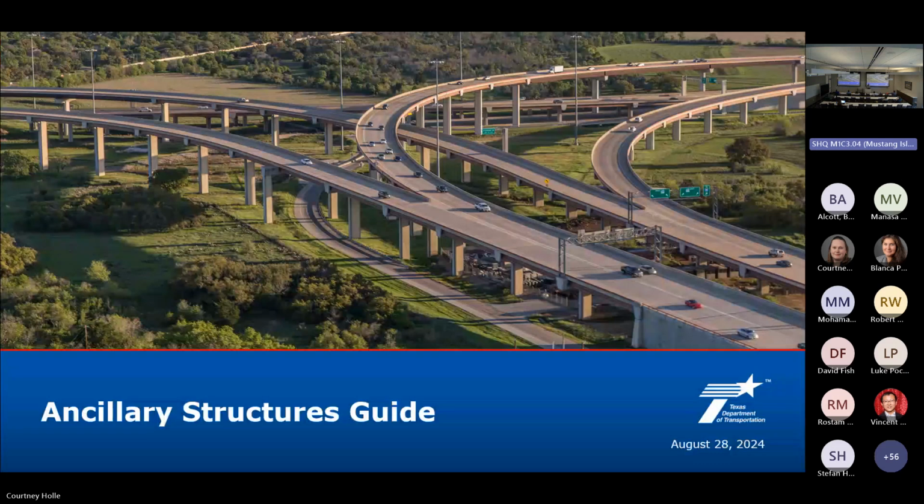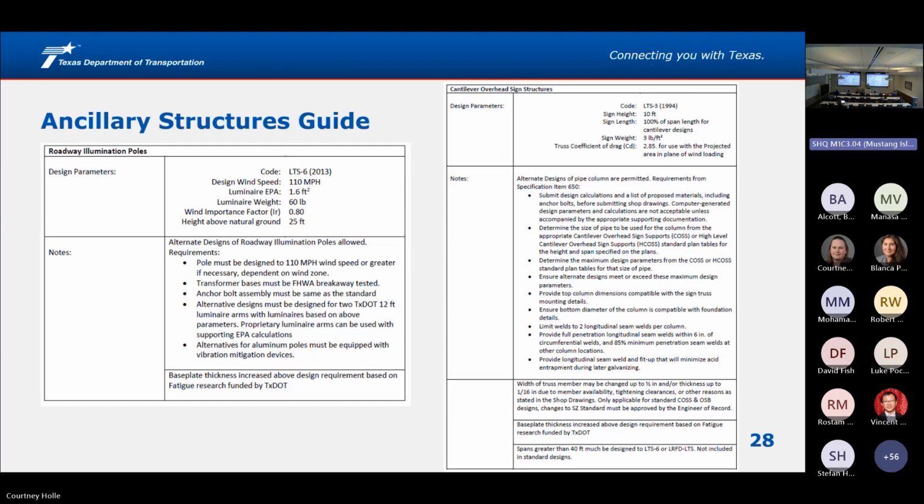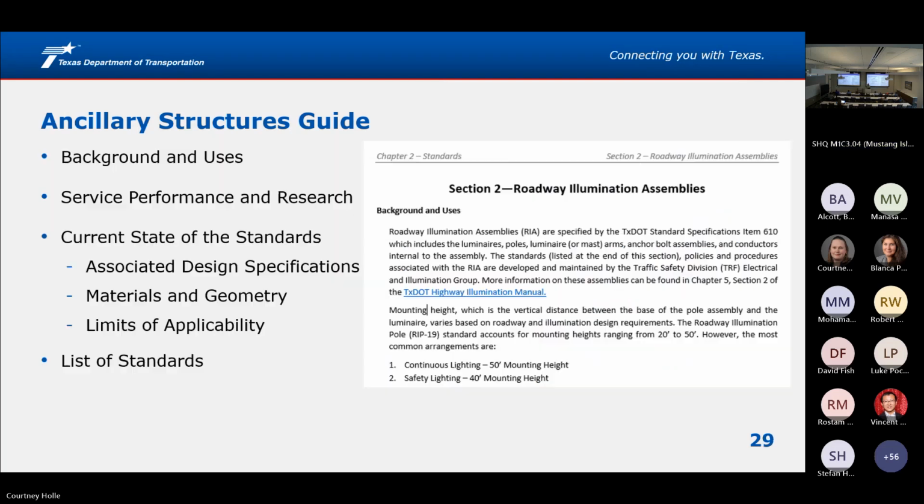Up next, and this is a topic that we can go over at the end, we'd like to get some feedback and discussion. We're developing an ancillary structures guide, and we have 2 options currently proposed. The first would be similar to the current bridge standards guide, the guide to bridge standards. It's paraphrased, it's reduced down to just the core data, how to use the standard, what you need to know when you're using those standards, how they work together.